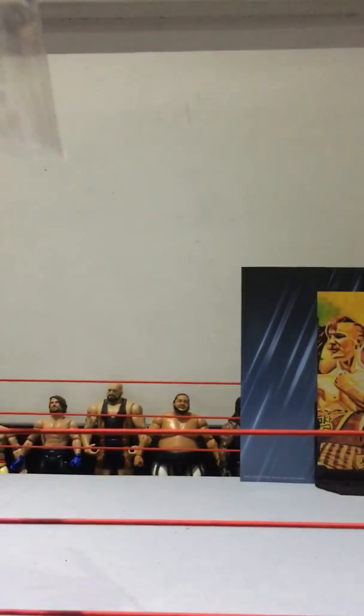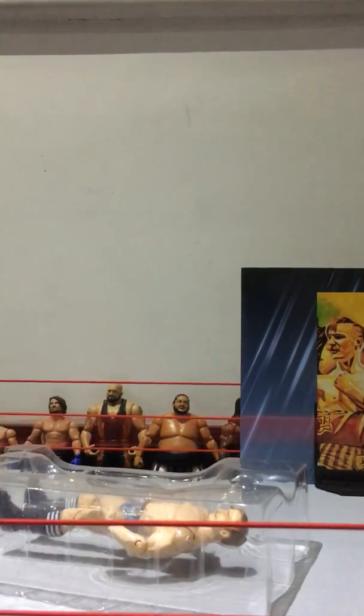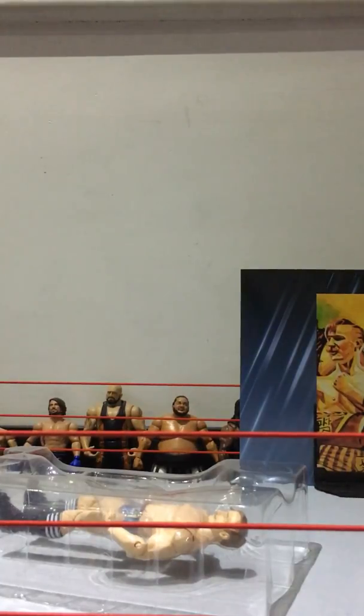So here's the figure. It looks amazing. The face scan is amazing. Get the umbrella out. Okay, this is one of the reasons why I needed to pick up this figure. An umbrella. It can fit in the hands of any wrestling action figure. Just pick up any random one here. It will fit in the hand